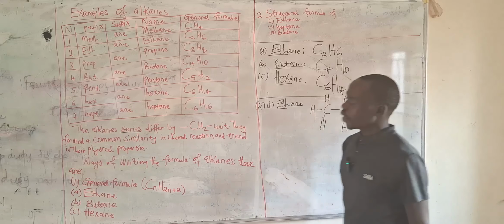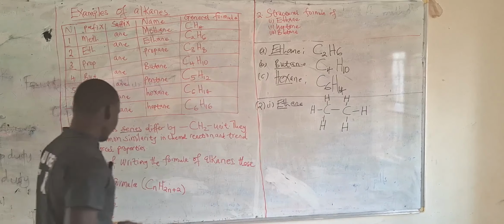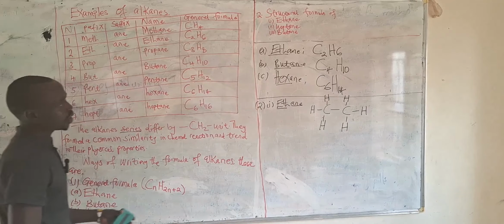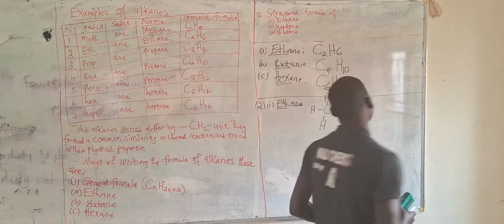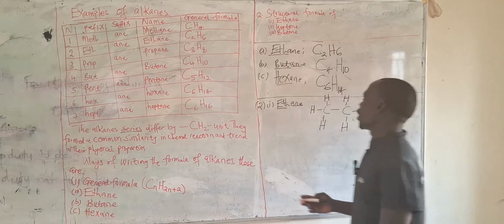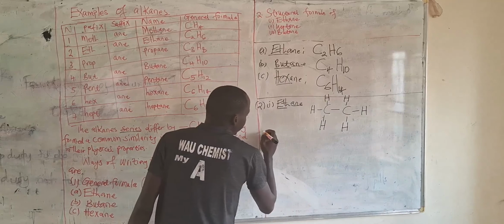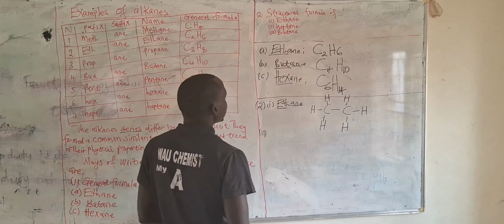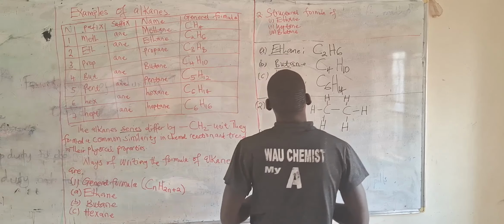In exam, they can say, write the condensed formula for ethane. You will simply say C2H6. And if they say structural formula, you open up, you draw it in this way. Then we have Roman number 2,